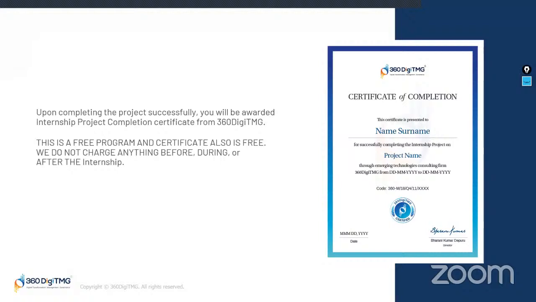Now, what kind of projects, you may ask? The kind of projects that we do are really exciting, and our students are getting their research work published in various research journals that our team tries to push the work into. They get that certificate as well, and if you follow the LinkedIn platform, you will see project certifications and publication certifications by our team members. All these are our full-time students from 360DigiTMG who contribute to these different projects. And these projects are predominantly research-oriented projects.